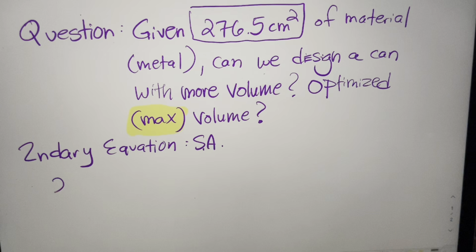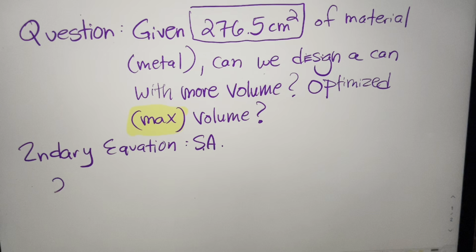When we measure across this can here, we get 4 centimeters, which of course means our radius is 2.0 centimeters. We want to keep that in mind, and we want to round and report everything to the nearest tenth. Now, if we measure the height of this can, I'm getting a little ridiculous here, but I'm going to call it an exaggerated 20 centimeters. So I know my actual radius of my original can is 2.0 centimeters, and my actual height of my original can is